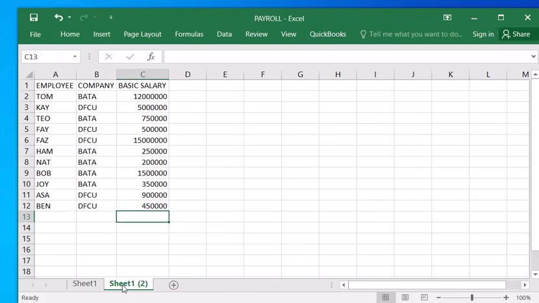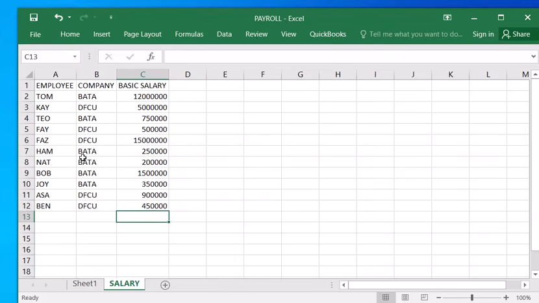We are supposed to rename this copy as Salary. So I'm going to double click right there on the sheet name and I type Salary and I press the Enter key. So we've gotten a duplicate worksheet to Sheet 1. We now have 2 that have the data that is in. So on this